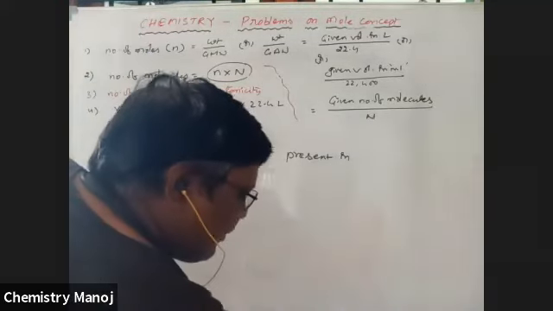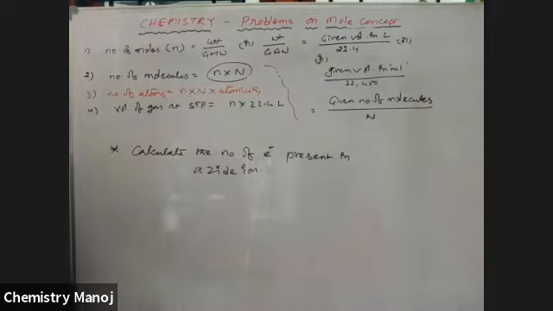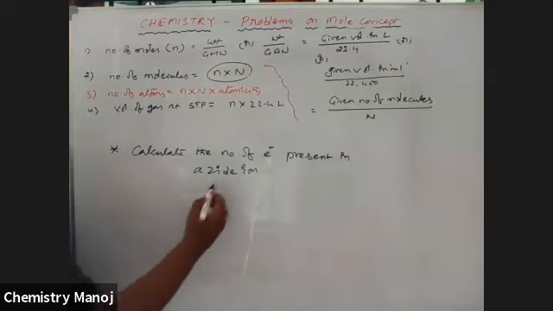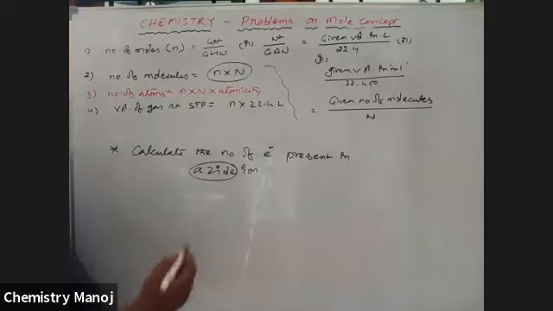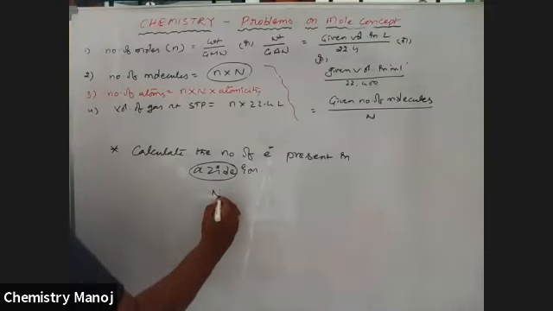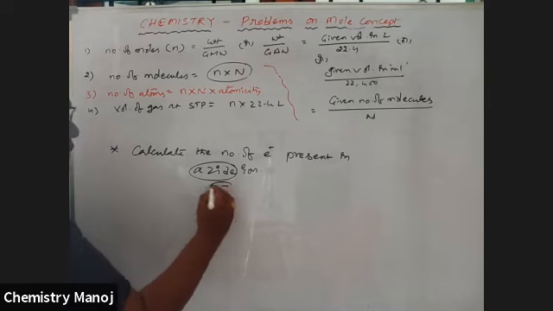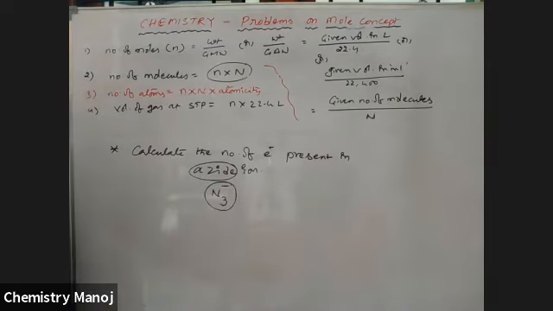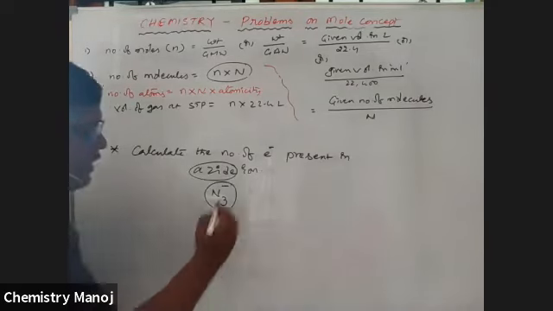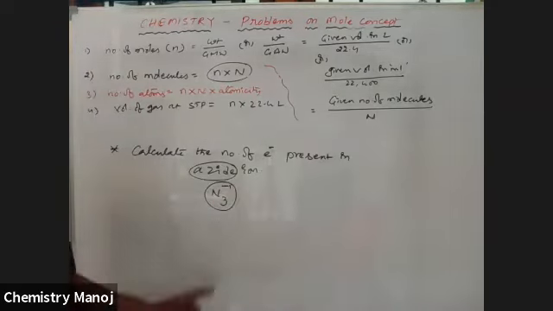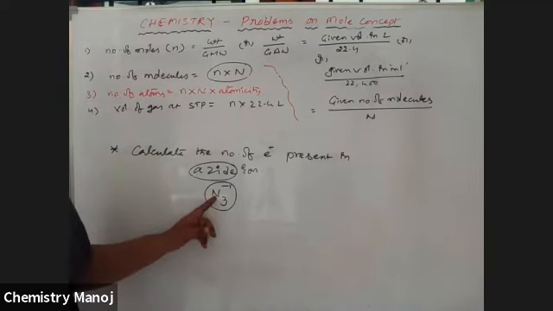Okay, first of all, solve yourself. Don't wait for me. So first of all, what is this azide ion? Azide ion is N3 with -1 charge. This is azide ion. 3 nitrogens having -1 charge, my dear boys. 3 nitrogen atoms having -1 charge. This is called as azide ion.